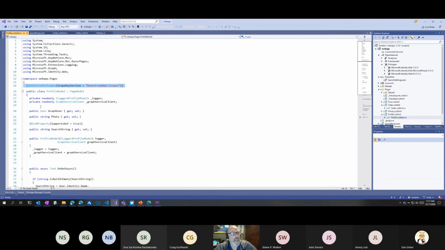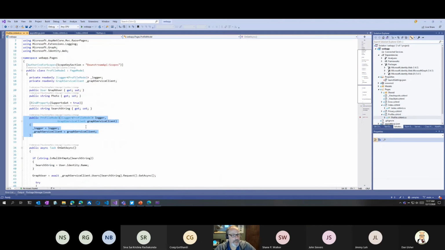In the profile page, I'm using dependency injection, and where's my constructor? Here it is. In this dependency injection, I'm saying I want you to inject a Graph Service Client object for me. That this call in startup,